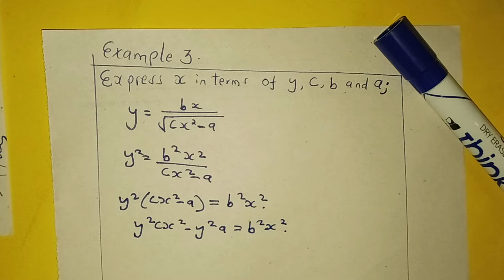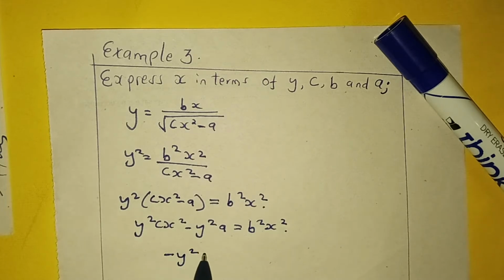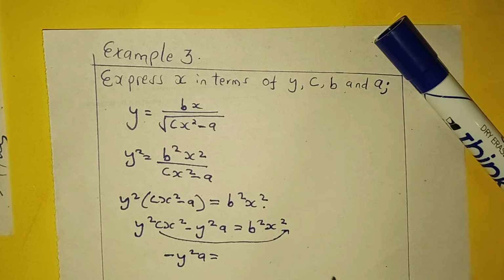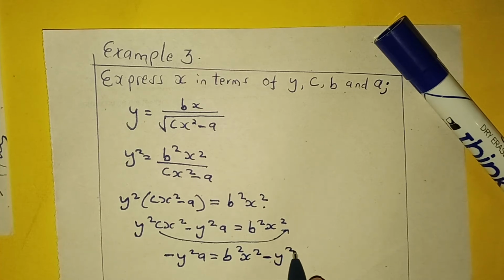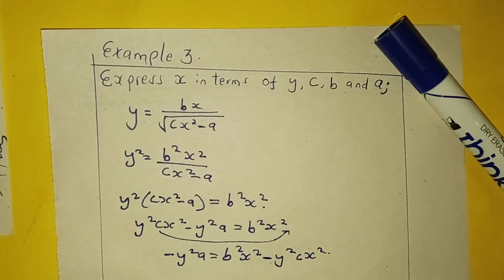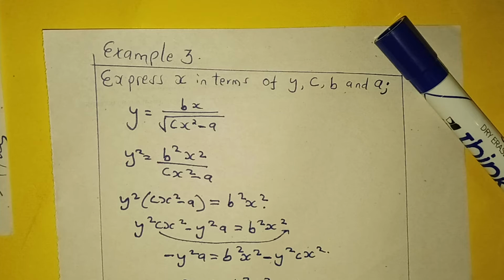squared. Now you collect those with x on the one side. So I have negative y squared a is equal to, we move this one to our right hand side of the equation. So we have b squared x squared minus y squared cx squared. So this is the same as y squared cx squared minus b squared x squared is equal to